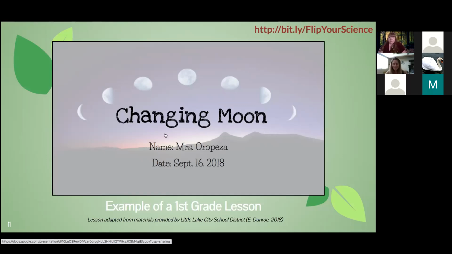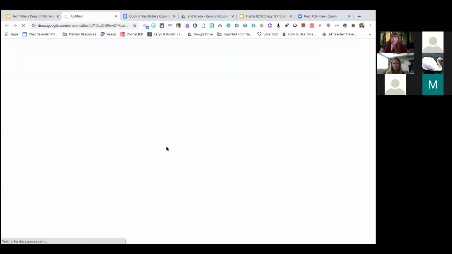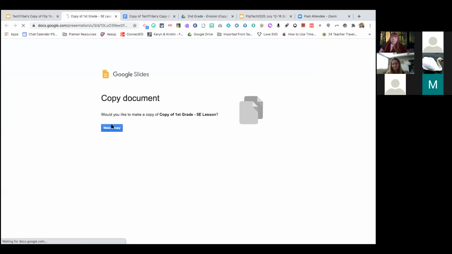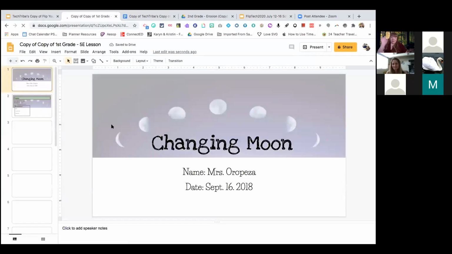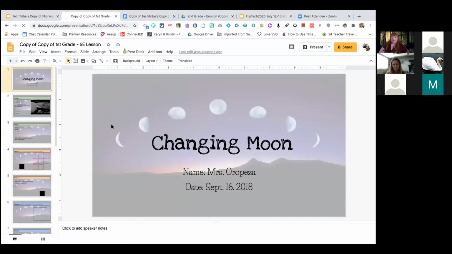The first one, in first grade, we talk about the moon cycle. If you click on this image right here, it's going to force a copy of the document for you. All of our lessons are based on this 5E model, so you're going to see very prominent headings, and it's going to look the same from one document to the next. I like doing that, especially working with the little kids, because you set up the routine of how you're going to complete this document together, and having those constant, standardized headings really helps them.